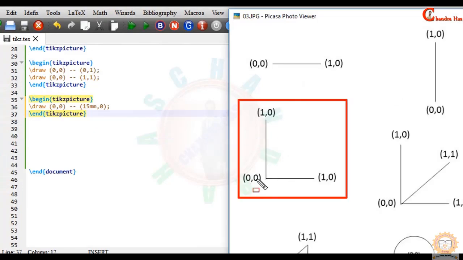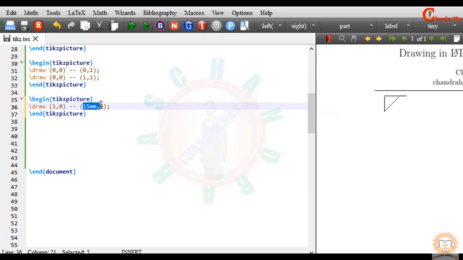I want to draw this one 0, 0, 1, 0 and 0, 1. This should be 0, 1, not 1, 0. I have written this incorrectly by mistake. Here either we can start from here and then go to this point and then this point, or we can start from here and then continuously go to this point and then the end point. But we cannot start from here. If we start from here, then we cannot reach each point continuously. Remember this. So starting point is 1, 0 and then 0, 0 and then third point. This is 0, 1 and then compile your file.